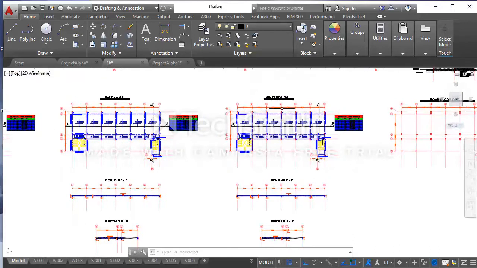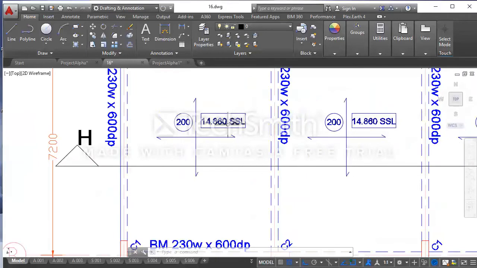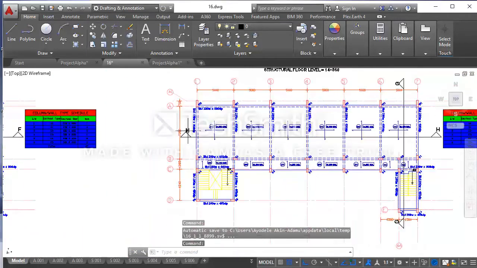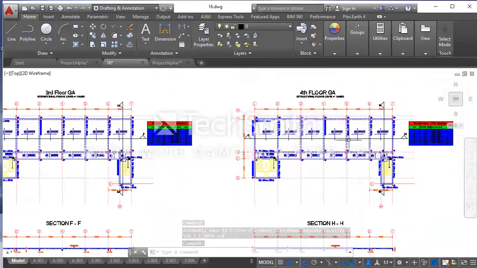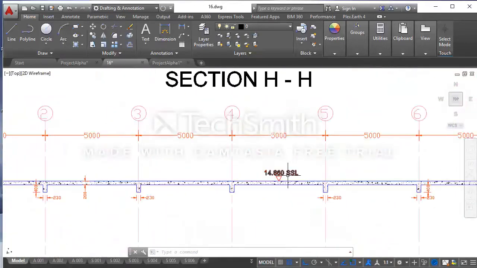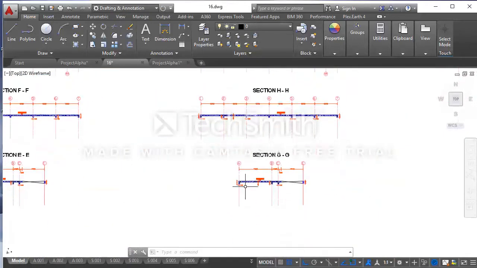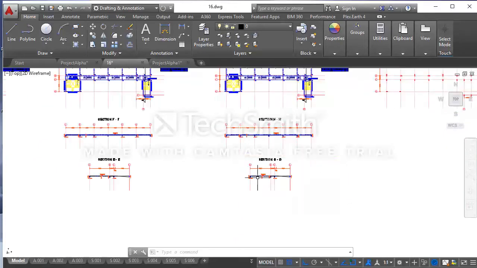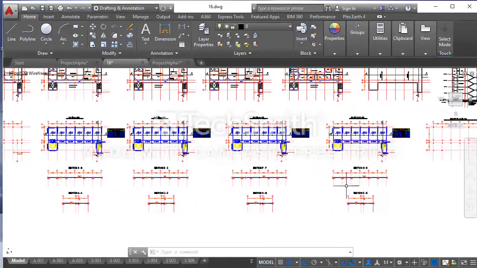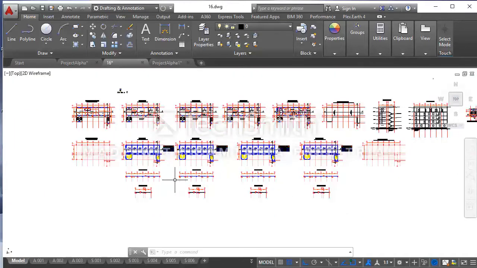On my fourth floor joint arrangement drawing, I duplicated the floor from the first floor joint arrangement drawing, and I edited the elevation tag and the section label to G and H, and I also updated the elevation tag on the section drawing shown here, and also the elevation tag shown here. This comes to the end of this tutorial session as we have created our first, second, third, and the fourth floor joint arrangement drawing on AutoCAD.